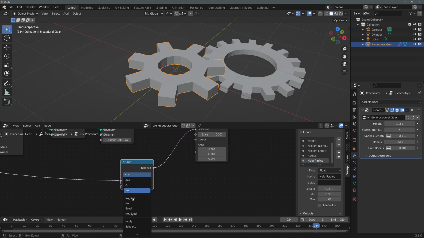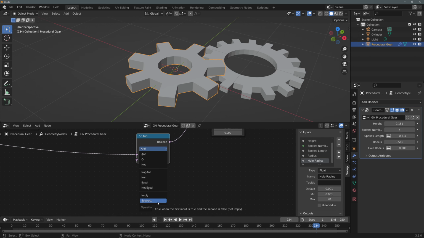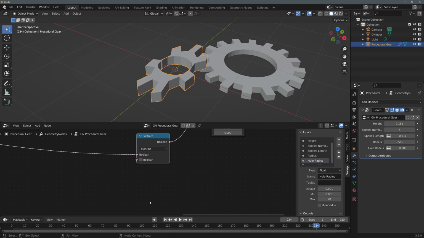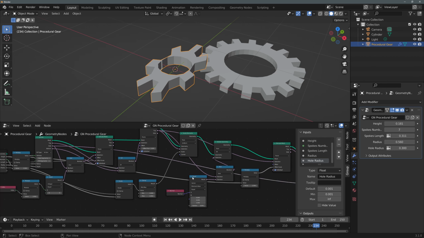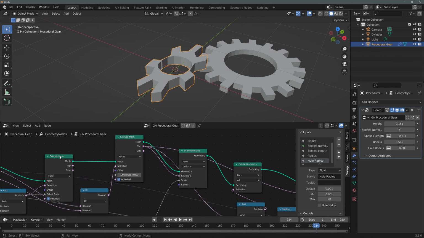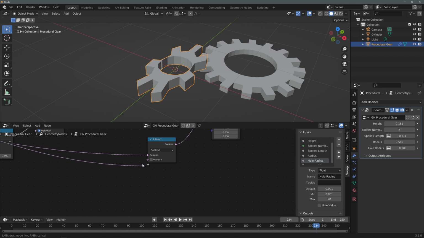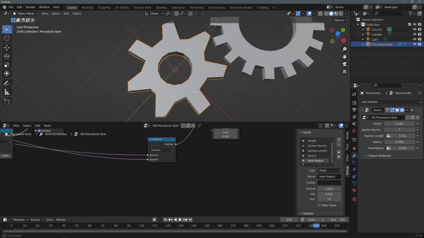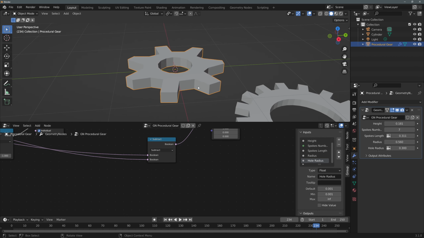We have a lot of different things we can select here as far as how to change our selection goes. So what I want to choose is this subtract. Right now I have the side selected, and what I want to do is get rid of all these sides that came as a result of this extrude. So let's do a subtract. Go back to where we did our extrude mesh, this is where we extruded our spokes, and choose the sides and plug that into our subtract. And now you will see that everything is being scaled except